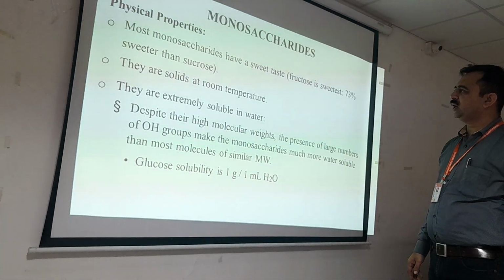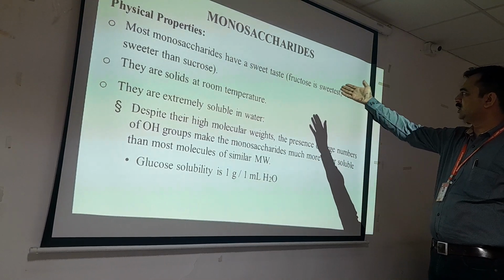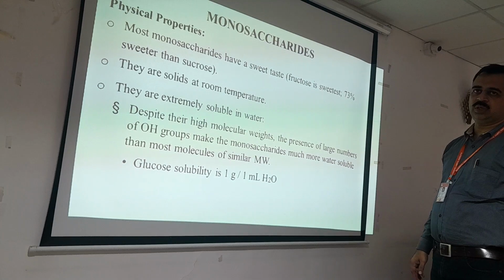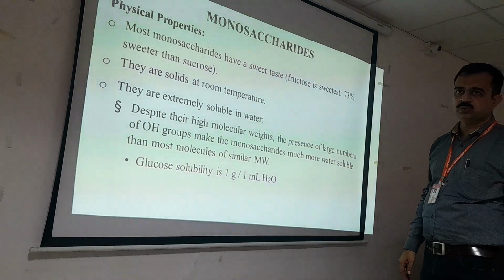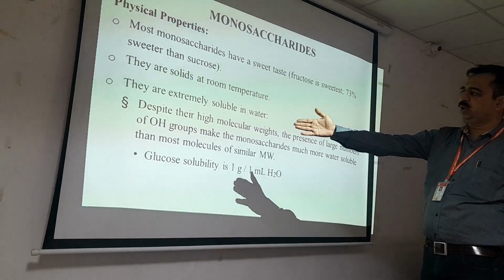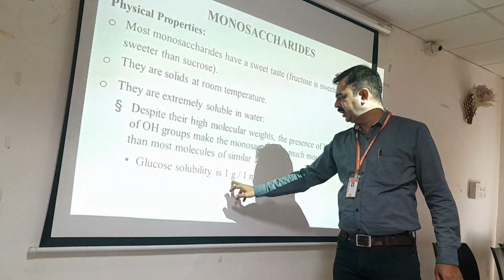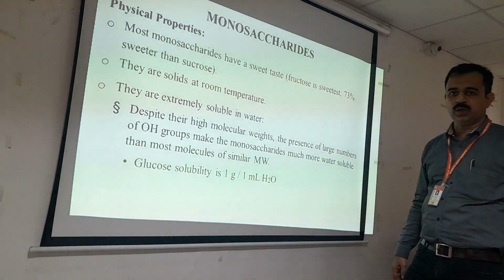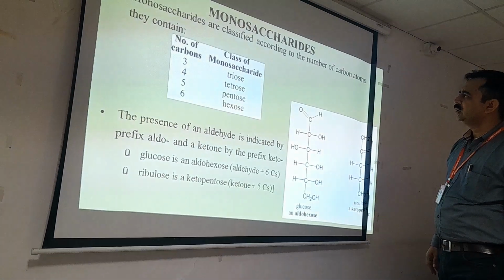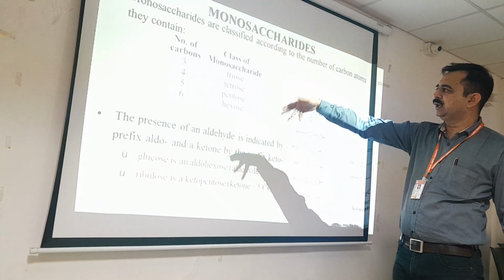Some physical properties we underwent: they are solid at room temperature, they are sweeter. For example, the sweetest is fructose, which is 73% sweeter than regular sugar, sucrose, which is present in our houses. Then they are highly soluble since they contain OH molecules. They are highly soluble, and if you see the solubility, 1 gram of glucose can be dissolved in 1 ml of water as well. So these are classes of monosaccharides based on the amount of carbon atoms that they contain: